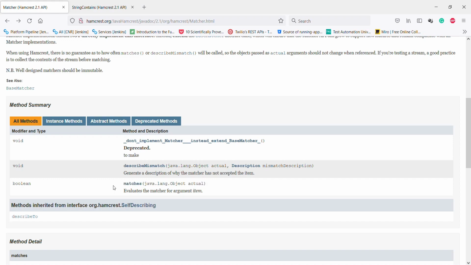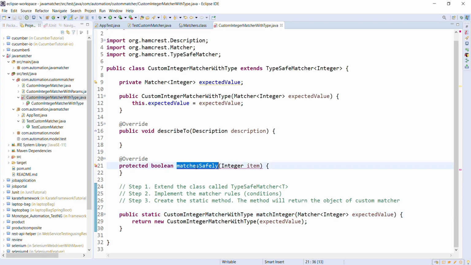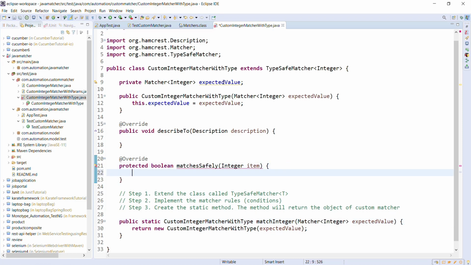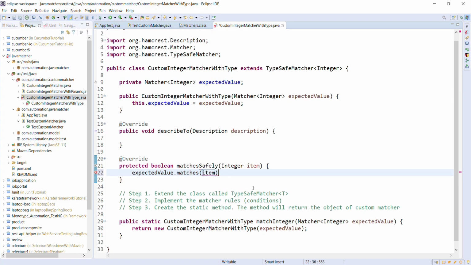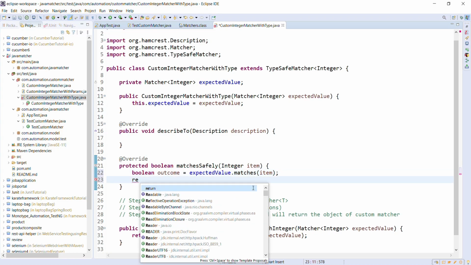So we are going to use this method to define the implementation of this method. Here I will use our matcher, that is expectedValue.matches, and specify our actual object. Store the outcome into a boolean variable, and then return the outcome.